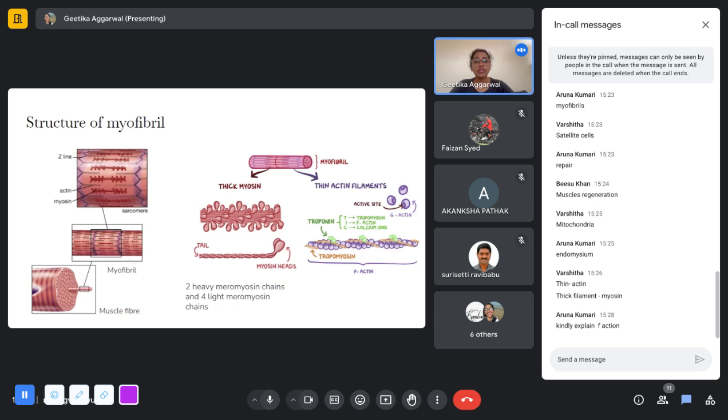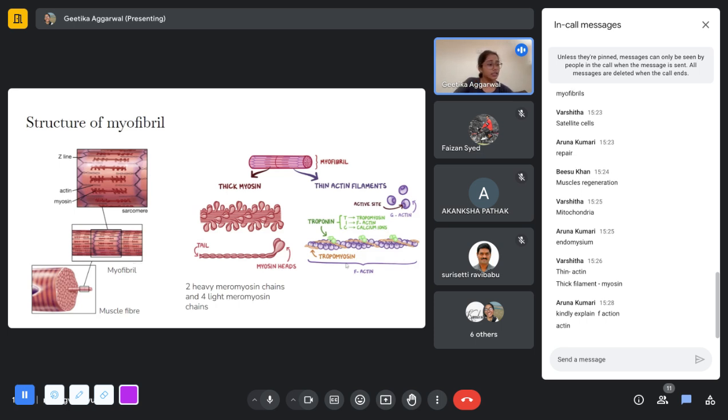F-actin, basically. In actin, there are two types of actin. F-actin molecules are the ones that coil around with tropomyosin to form this actin filament, and G-actins are the active sites that Professor Das was mentioning in his lectures. These active sites are made up of the molecule called G-actin, and the F-actin molecules form the coiled structure with tropomyosin. Is that okay?